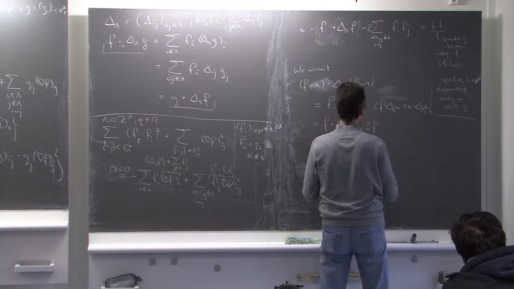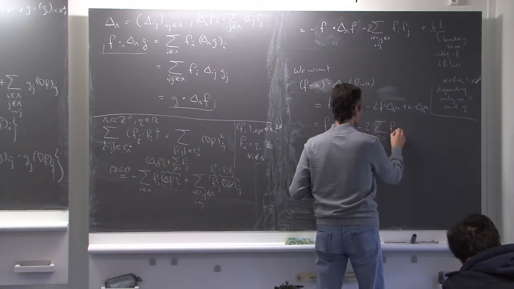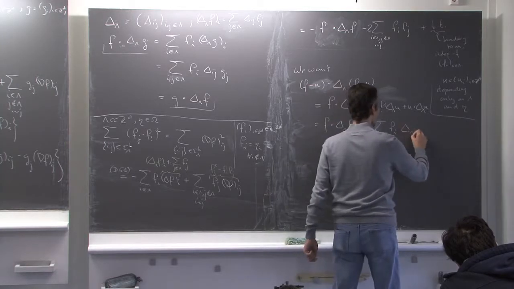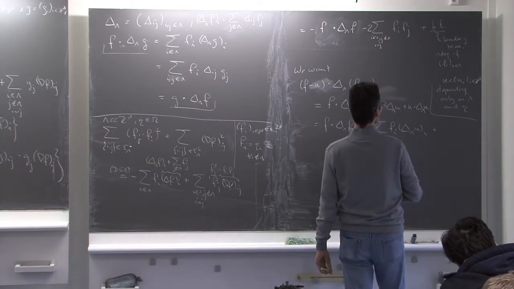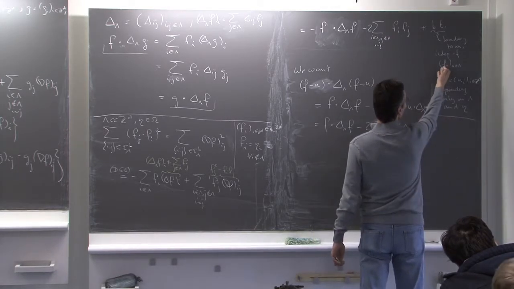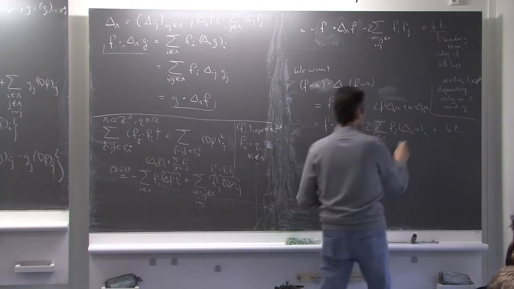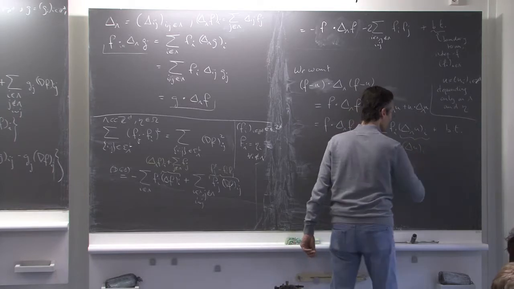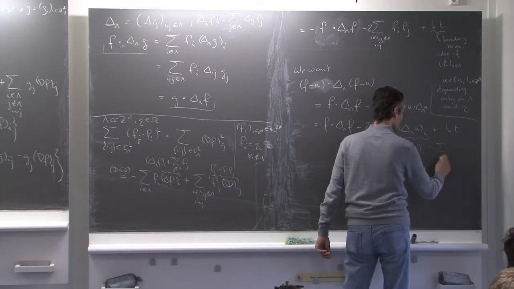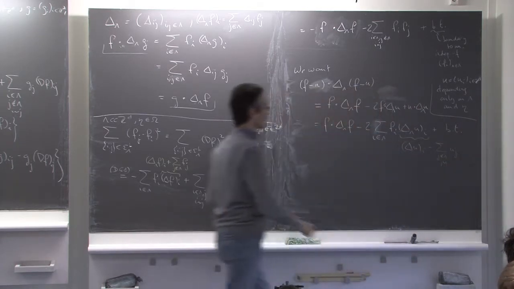okay, let me write it explicitly. So this is 2 sum over i in lambda, f_i, and then I have Laplacian lambda u at i, plus, and the u does not depend on the value of f_i, i in lambda, it only depends on the boundary condition, so it's some boundary term that I don't care about. And this guy here is Laplacian u at i minus the sum over all j, not in lambda, j neighboring i, u_j. Okay, I'm just correcting.